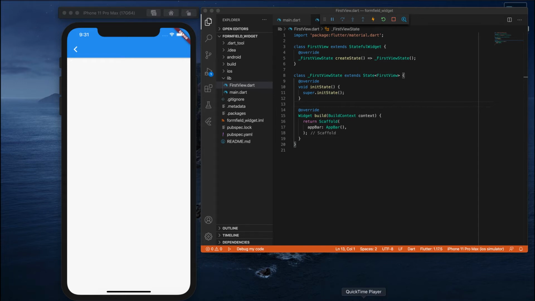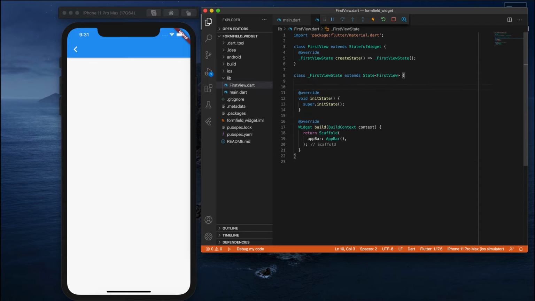Before writing this asynchronous code, let me create a small function here. Let me create a getData function.